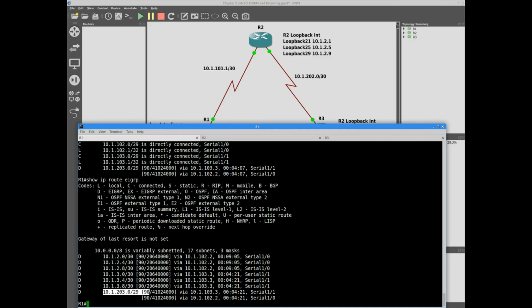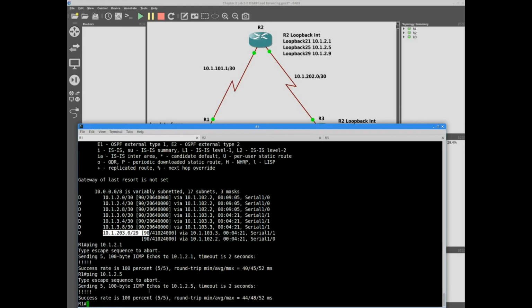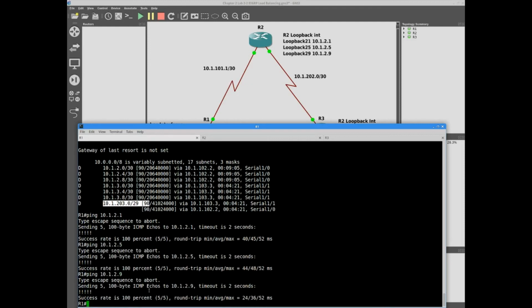So we have significant, important information here that's now been supplied and added to the RIB as a result of DUAL being run against the database content in the topology table. So we should now be able to ping 10.1.2.1, and it should be able to get all of them, 2.5 and 2.9,